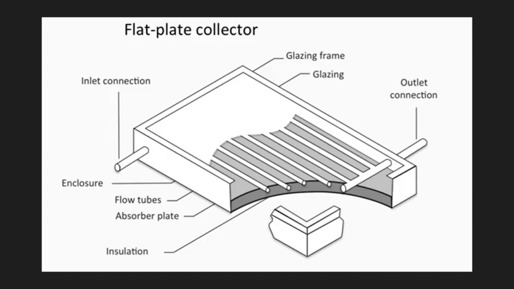So based on the structure and shape of the collector, it could be basically divided into two types. The first type is a flat plate collector. As we see in the diagram, the flat plate collector has an inlet pipe. The water or the fluid which is to be heated goes through this inlet pipe. It moves in loops of pipe inside the collector, and it has an outlet connection where the water leaves. This heating system is laid inside a glazing frame. It has a transparent glass cover on top of it, and it also has an absorber plate.